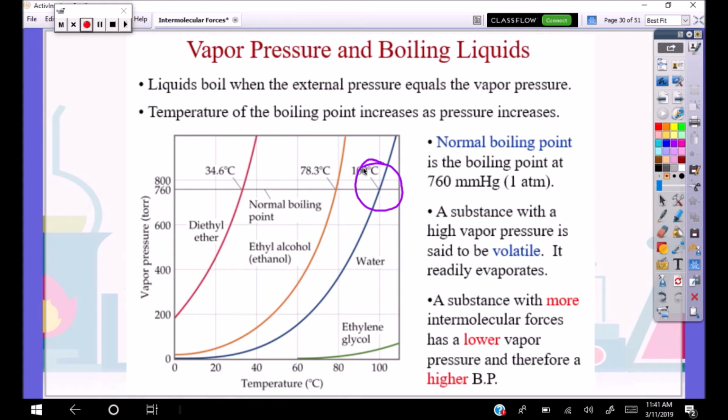So a substance with a higher vapor pressure is said to be volatile. Higher vapor pressure readily evaporates. So diethyl ether, for example, here has a high vapor pressure normally at room temp, and so it evaporates a lot quicker than water would. So a substance with more intermolecular forces has a lower vapor pressure and therefore a higher boiling point. So that's the key thing to keep in mind. More IMFs means the particles stay in the liquid phase, they don't evaporate, so the vapor pressure is lower. And therefore, we have to put in more energy to get them up to that boiling point temperature